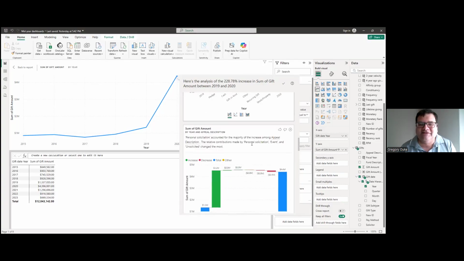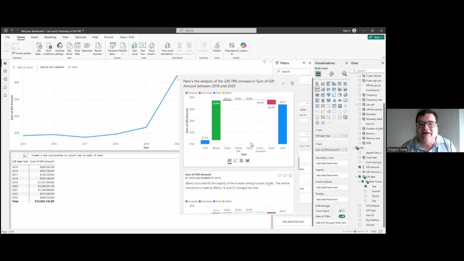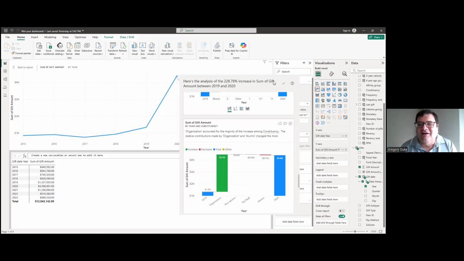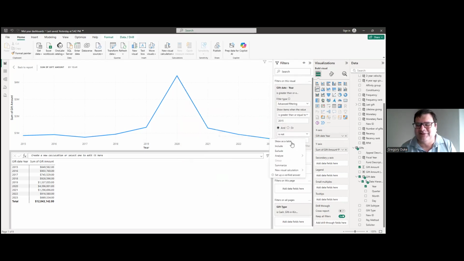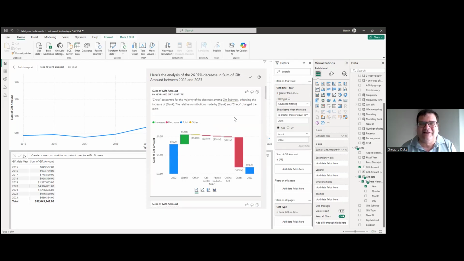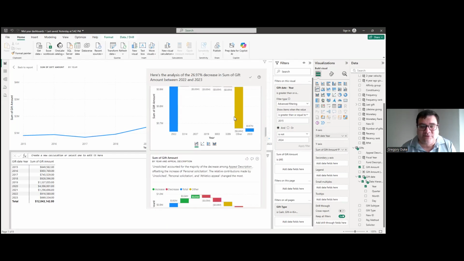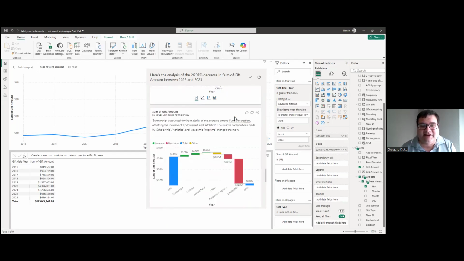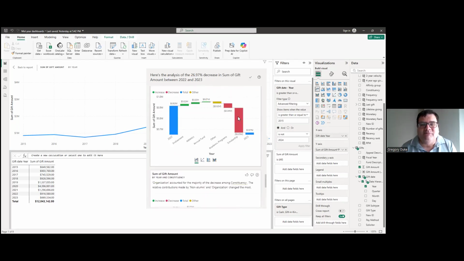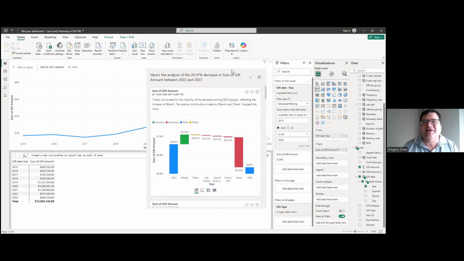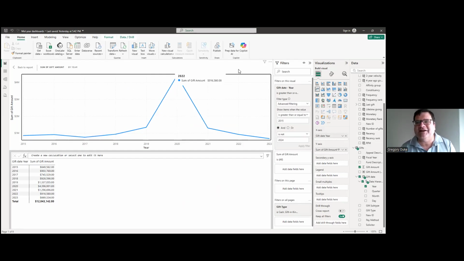Just seeing if there's any other cool things here. Oh yeah, I wanted to show you 2023 because this really made me laugh, and it's something that you want to take a look at before you show this to anybody. Oh, I don't see it. One of the years I clicked on, it said that a certain fundraiser had not raised a lot the previous year and not raised a lot this year. So that's the sort of thing you want to look at before you show it to your fundraisers.